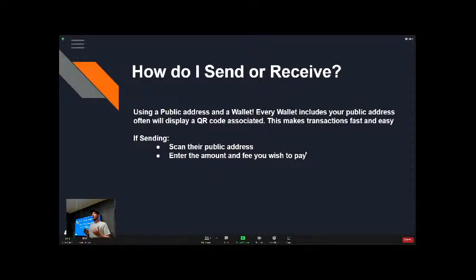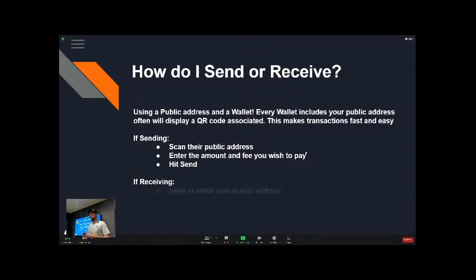But if you're more savvy and you've played around with it a little bit, you can lower that fee if you're okay waiting. You can raise it if you need it right quick. And there's a reason for that, which we will get into. And then you hit send. That's it. You input the amount you want to send them, you have their address, you hit send. They're going to get it in about 10 minutes. If it's Lightning, you'll get it within 30 seconds.